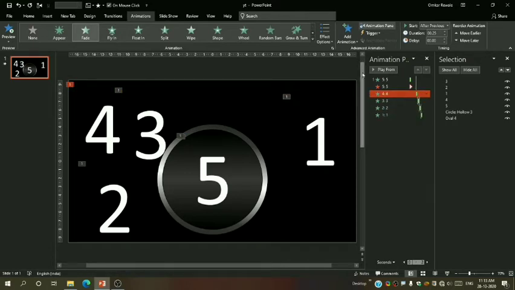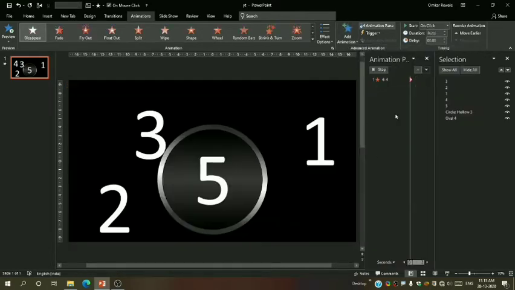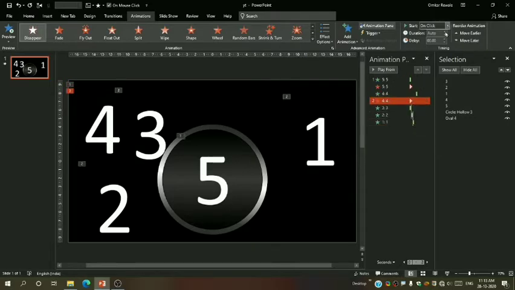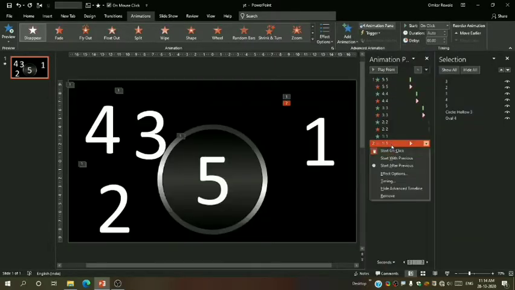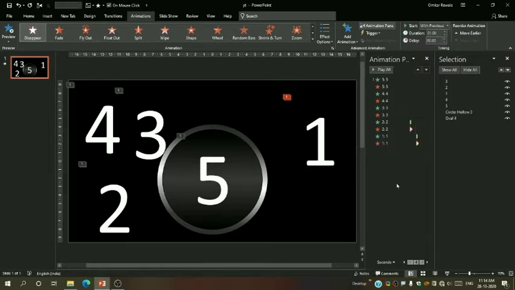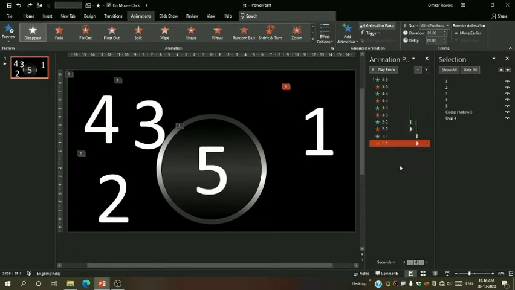Repeat the same steps for the others also. So now I have completed the exit animation. Now we will play it.